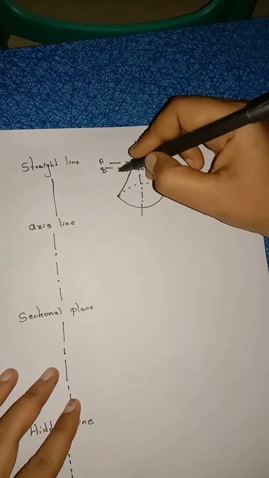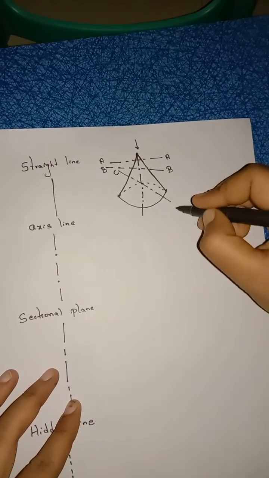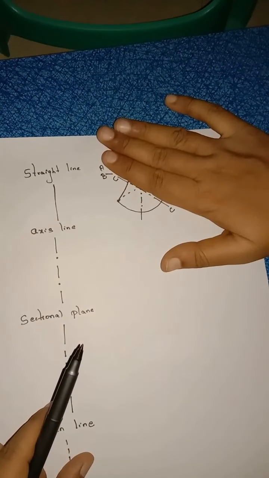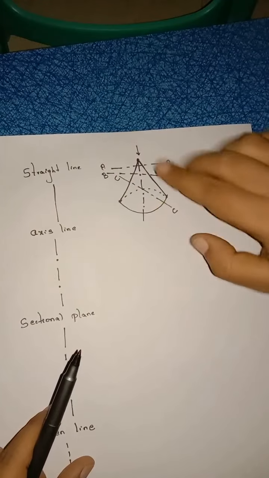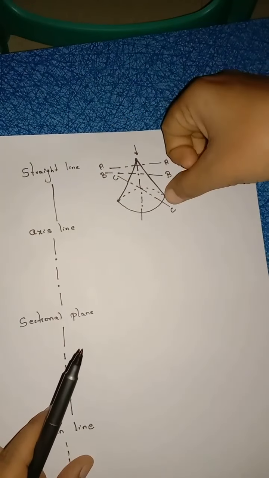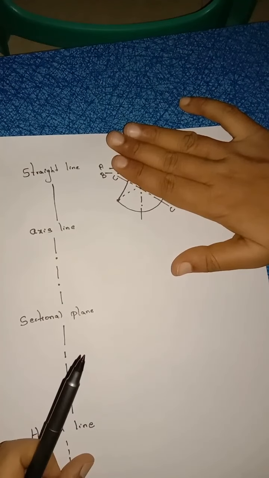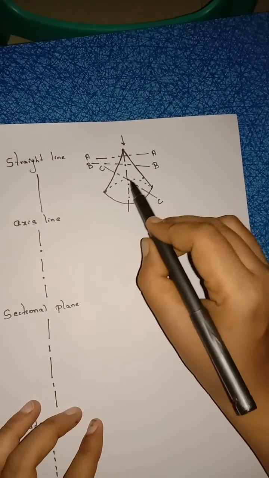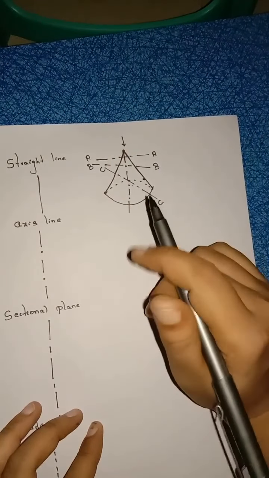Now next, naming it as CC, I am removing this portion now, right? Now this portion looks like a parabola. CC is a sectional plane, and we are removing this total portion, so it looks like a parabola. See, this sectional plane is parallel to the generator. If the sectional plane is parallel to the generator, the section obtained is a parabola.